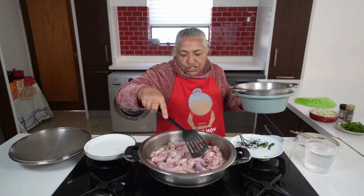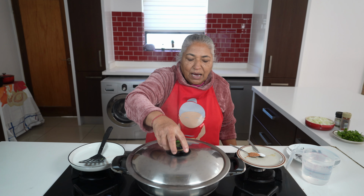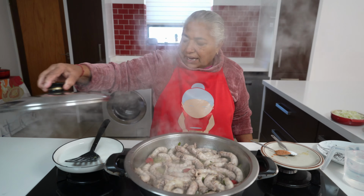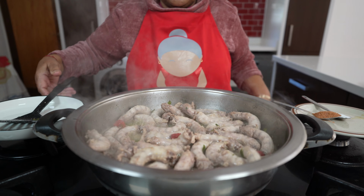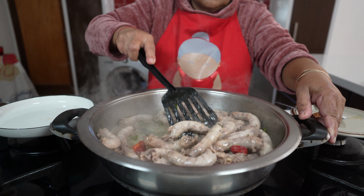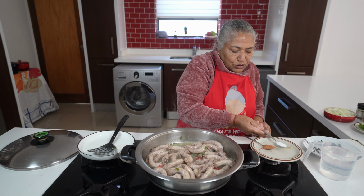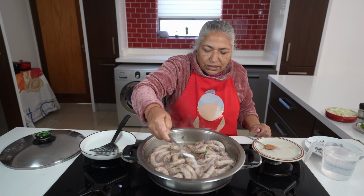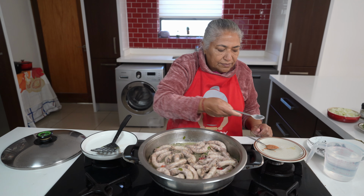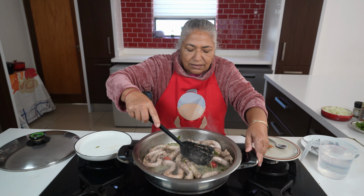I'll allow this chicken neck to come to a fry. 20 minutes has passed and my chicken neck is coming to the fry. To this chicken neck I'm going to add in my salt, and give it a nice mix,